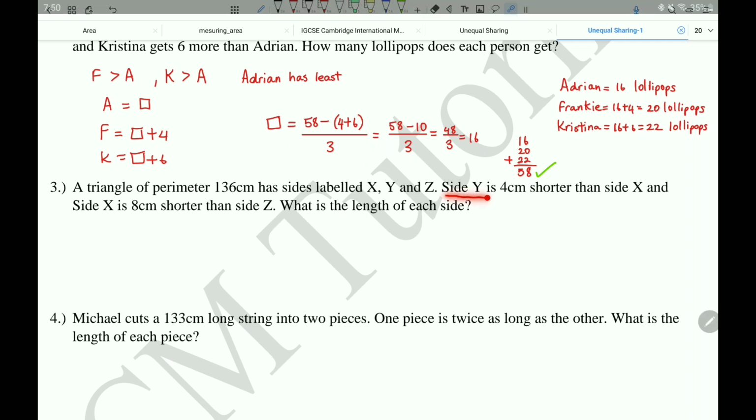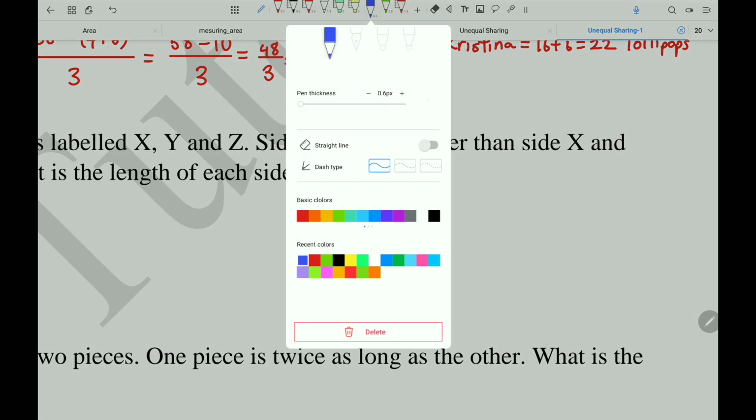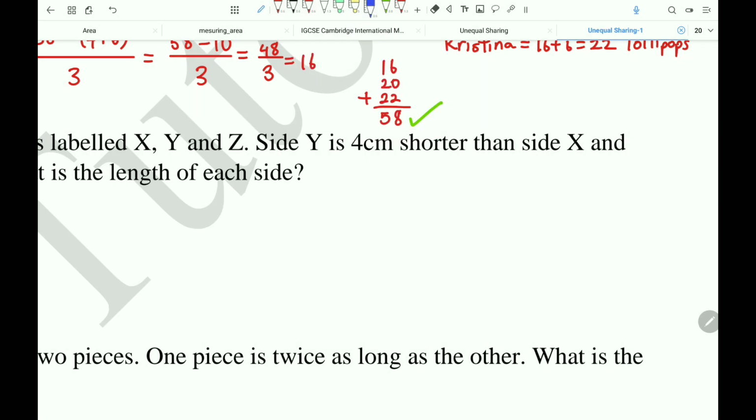It says side Y is 4 centimeters shorter than side X, right, which means that side Y is shorter than side X. So I'm going to make a quick sketch of the sides. So let's say this is side Y, right, and this is side X, right,